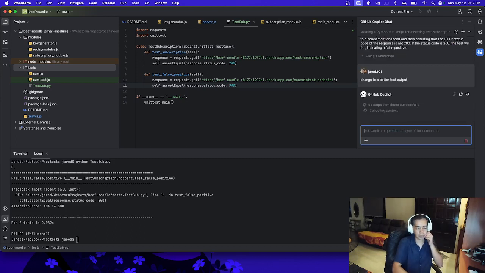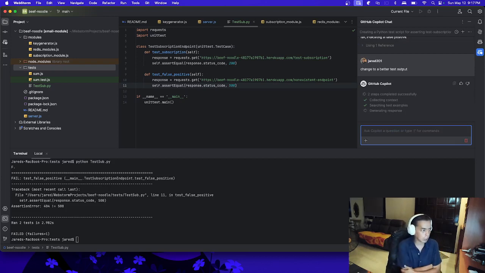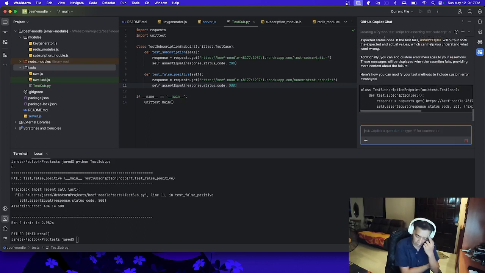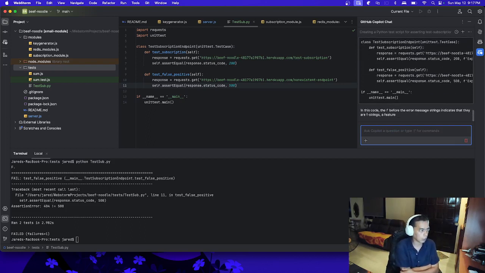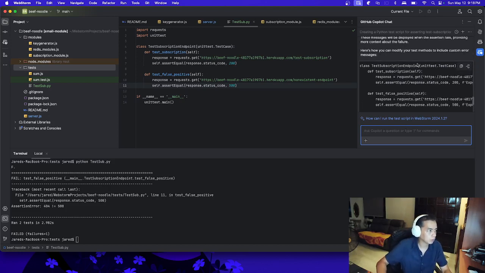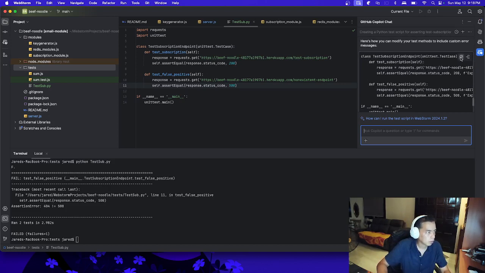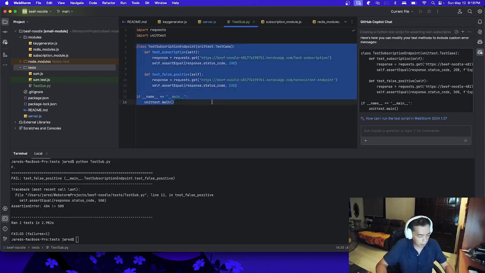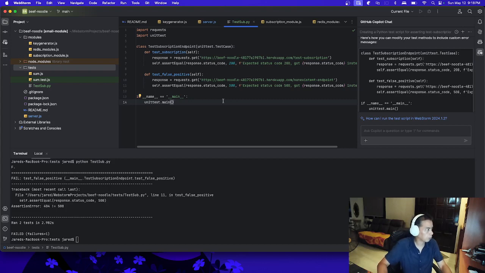You see, sometimes if you're an experienced coder, all you need to do is review the code that GitHub Copilot is generating. Sometimes it's not perfect code. You have to actually eyeball test it or run the test yourself and fix it yourself. All right, let's change the code again and then let's run it again.